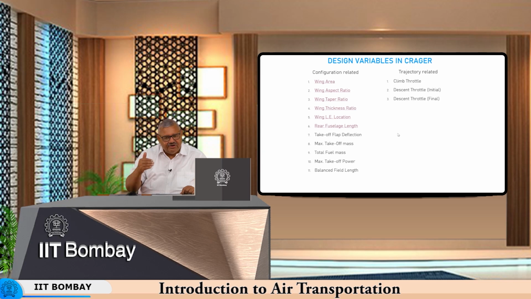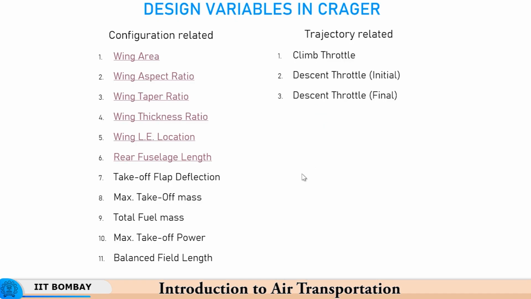Similarly, when you come into descent, you have to bring the aircraft down from the cruising altitude to the location where you are landing. Now, if you do not exercise any control, the aircraft can literally fall like a stone and come at a very high speed. This phenomenon of an extremely quick rate of change of descent can cause a problem with the passengers' comfort. So, generally aircraft come in at a fixed